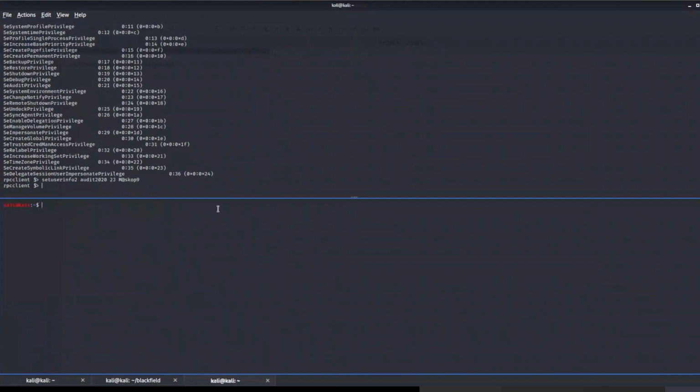So let's try one thing. Let's try logging in as the audit user using evil-winrm. Evil-winrm is a tool that lets you log into a Windows machine if you have the credentials for them, using PowerShell. It logs you into a PowerShell shell. So the user we have is audit 2020 and the password that we have set is